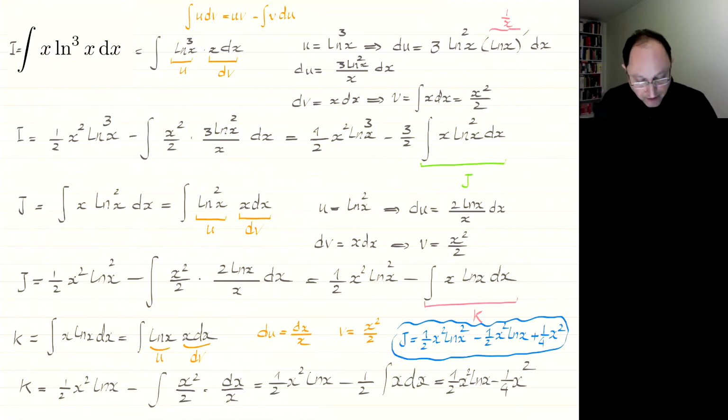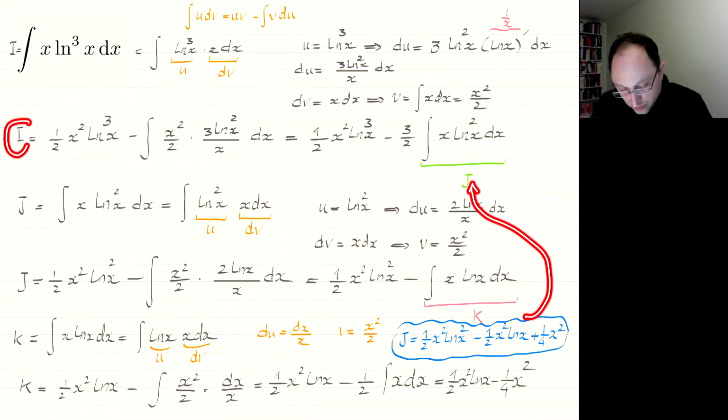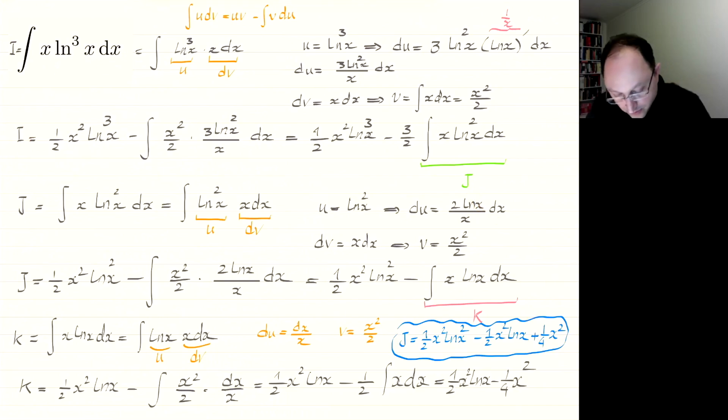Okay? Now I have to take this with me and plug it here in order to find I. Okay, I think I can fit it here. Sorry for the mess. So this becomes 1 over 2 x squared ln of x to power 3, so you see I copy and paste the first term. And then I have to multiply the whole j by a factor of minus 3/2. So remember, I multiply minus 3/2 here, minus 3/2 here, and minus 3/2 there. So it becomes minus 3/4